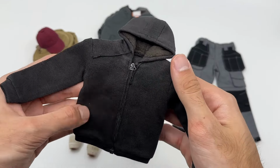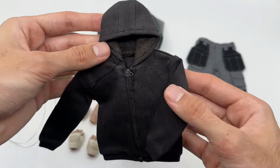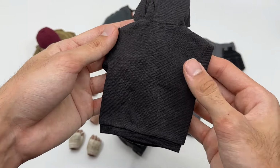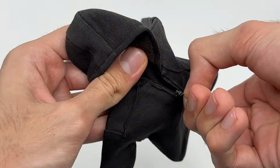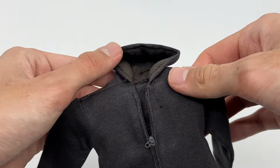The only complaint I have is that they're very clean. This is the Drifter outfit, so he's definitely been through these slums of Gotham. I definitely want to attempt weathering the clothing myself. I've never done it before, so maybe someone in the comments can help me out. But yeah, the detailing and the intricacies of the outfits, it looks like a 1-for-1 outfit just shrunk